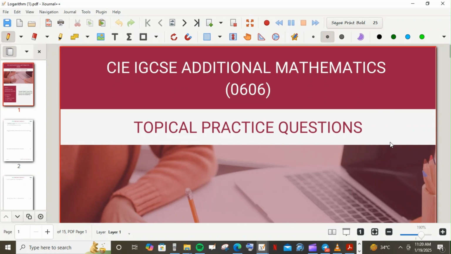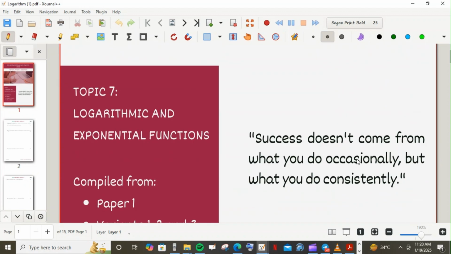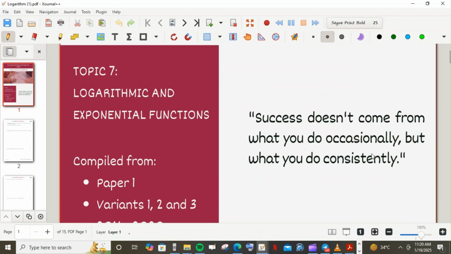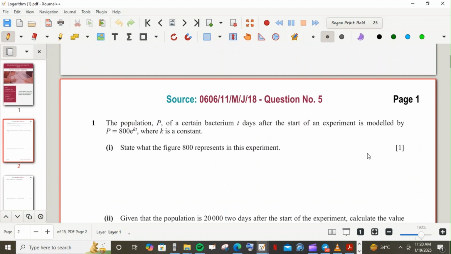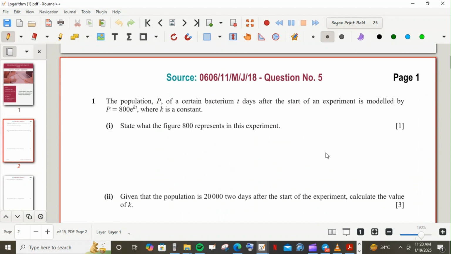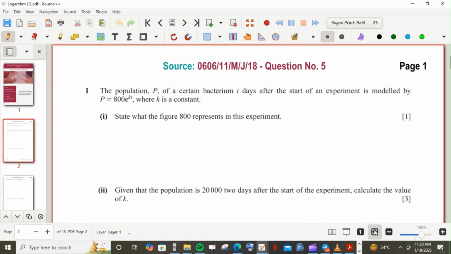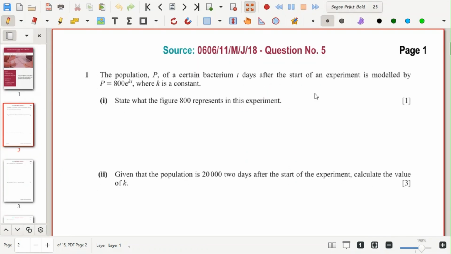The practical. So this is not my material, but I got it online and I think they have some of the practical questions. Let's start with this, the first one. So look at a question like this. You see the population P. So P is the population of a certain bacterium T days after the start of an experiment is modeled by